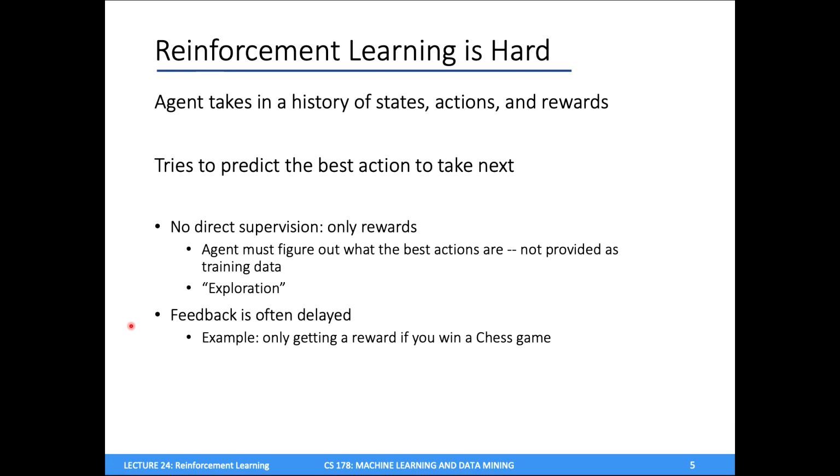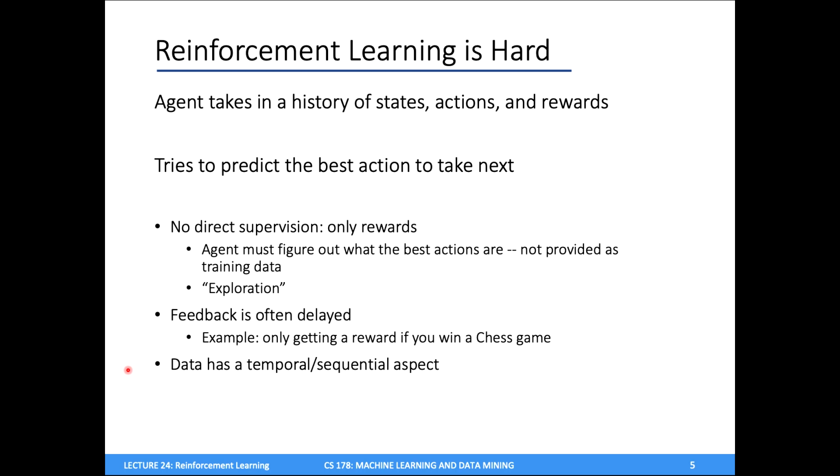Another reason reinforcement learning is very difficult is that the feedback your agent gets is often very delayed from the actions that it takes. For example, if you're playing a game of chess and your agent is trying to learn the rules of chess, trying to win, you only get rewarded at the end of the game, right? You either win or lose. And for all of the intermediate steps of a game of chess, your agent, if it doesn't have any prior knowledge about the game, has no idea how well it's doing. So this reward, this feedback, is often very delayed from the actions that we take. There's a long time horizon here, and your agents need to be able to think long-term and plan.